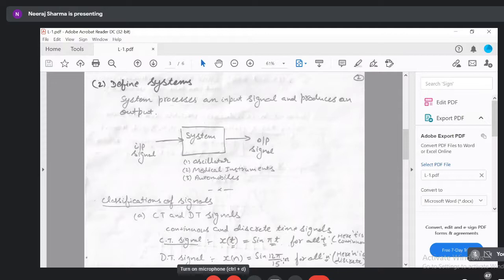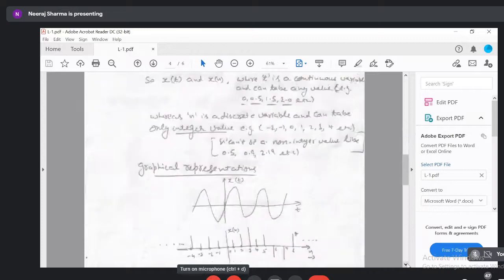y-axis का पैरामीटर चाहे पॉइंट में है या इंटीजर वैल्यू है या नॉन इंटीजर वैल्यू, उसको हमने नहीं देखना, राइट? मैग्नीट्यूड can be equal to 0.5, it can be equal to 1, but जो x-axis पे पैरामीटर हम प्लॉट कर रहे हैं वो आपको बताता है कि सिग्नल कंटिन्यूस है या डिस्क्रीट है. अगर x-axis का पैरामीटर कंटिन्यूस है नेचर में, then we will call that signal as a continuous signal. अगर x-axis का पैरामीटर सिर्फ इंटीजर वैल्यूज ले सकता है और वो डिस्क्रीट है नेचर में, then we can call that signal as a discrete time signal.